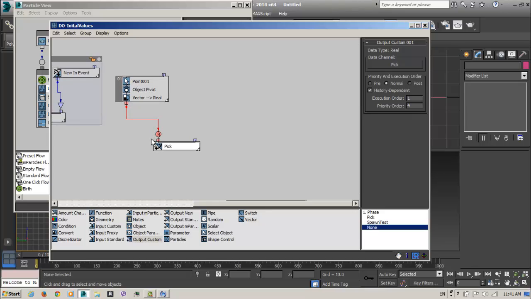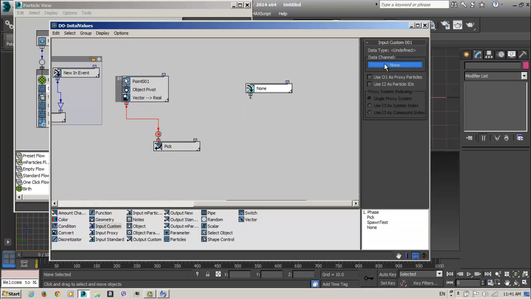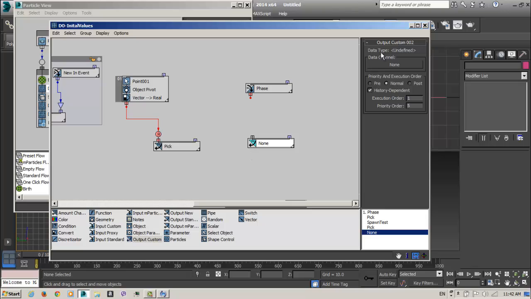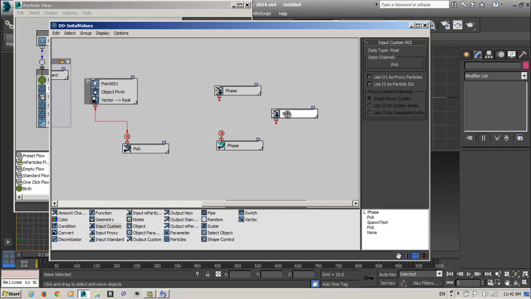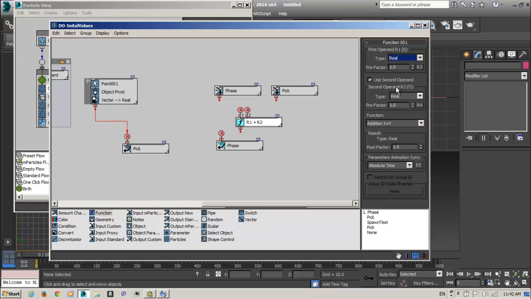Okay, no problem. And another one that I want to create for fuzz will be very easy. Create an input custom which will be my fuzz, and an output custom which will be also my fuzz, and another input custom which will be my pick, and a function that will be real and multiplication.